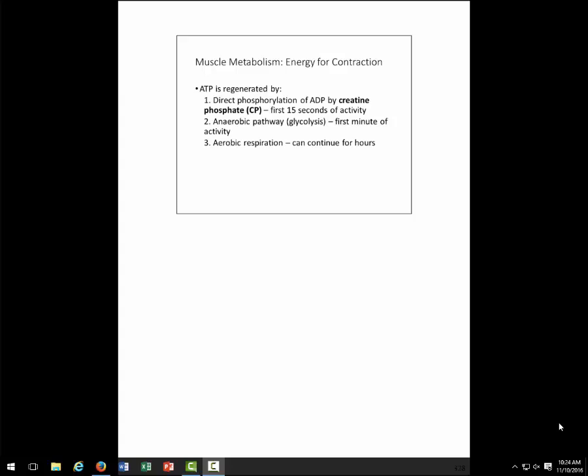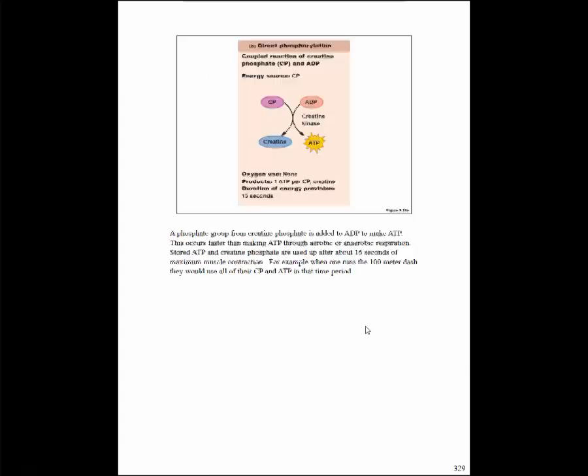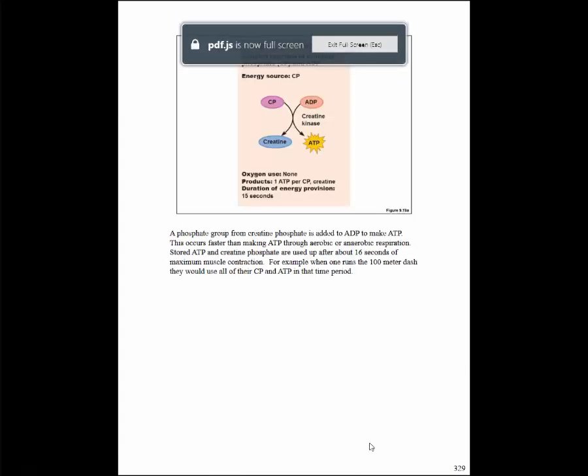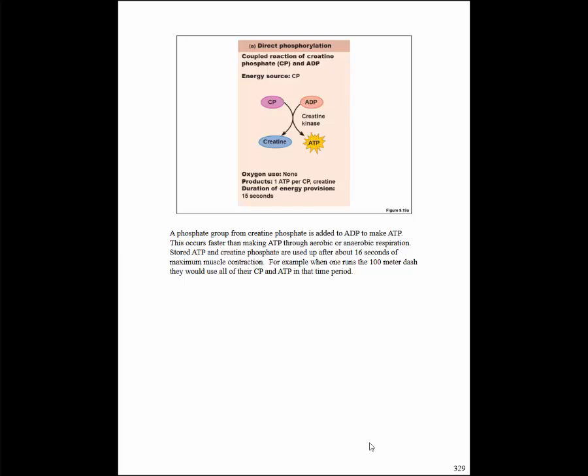In the first 6 seconds of exercise, we have some stored ATP in our muscle cells. So we use that up first. It doesn't last very long. 6 seconds is not going to take us very far. And then we have creatine phosphate, which is next, and that is just created by muscle cells. We take the phosphate off of the creatine and add it to ADP, and then you have ATP, which